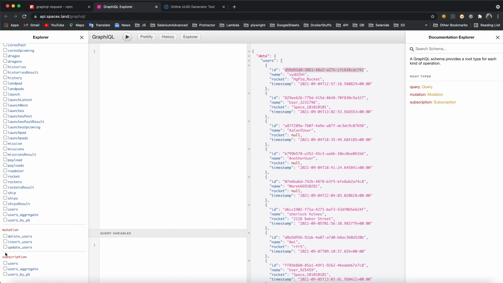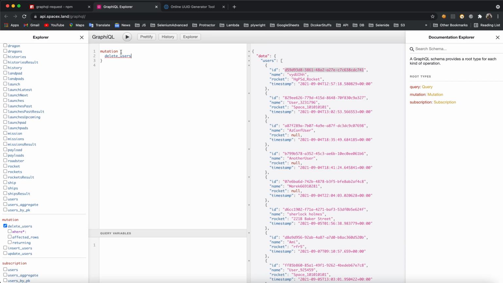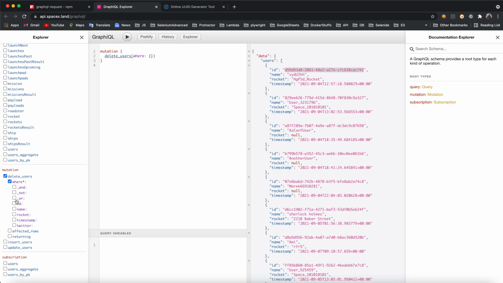So you can see on the left hand side we previously have used insert user for inserting the data, update users for updating the data in the database, and the delete users. Right now in this session we will be seeing more about the delete user mutation. So let's see, when I click on delete user, it just provides me a mutation. So we need to say where. Again, there are a lot of filters that you can put on the basis of ID.